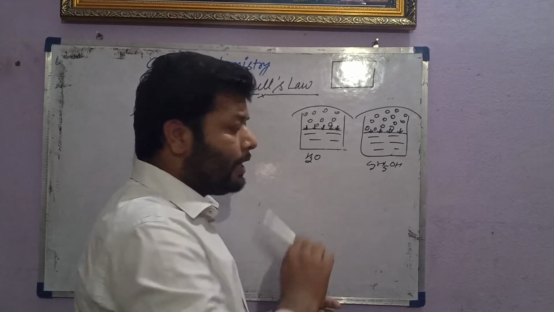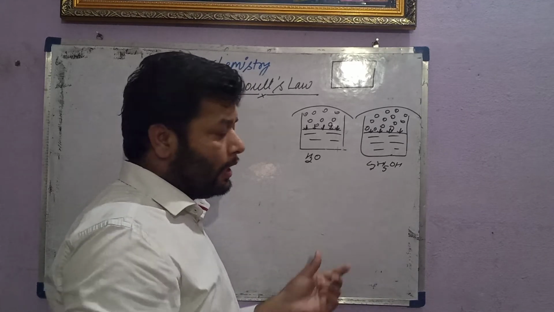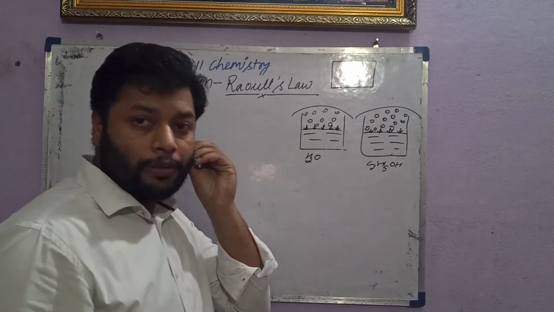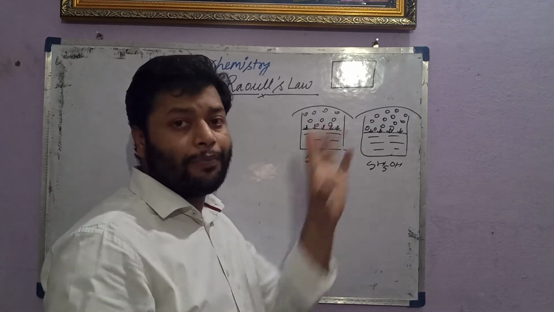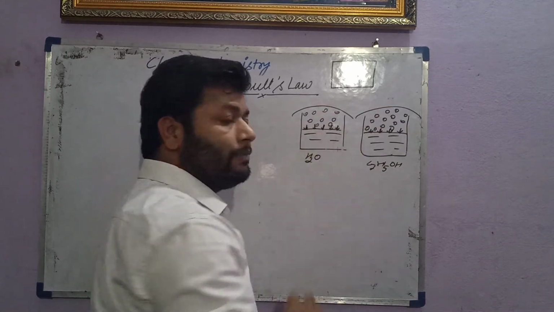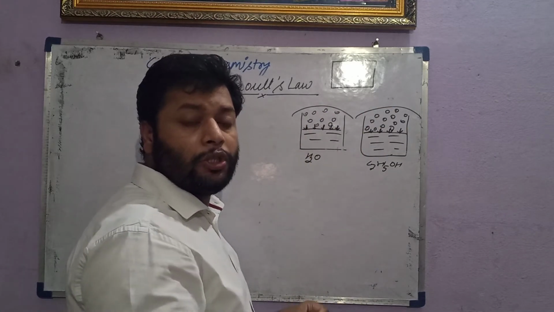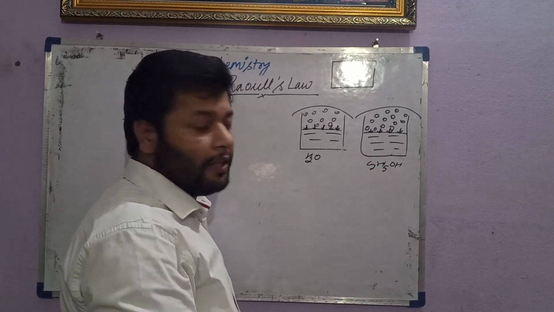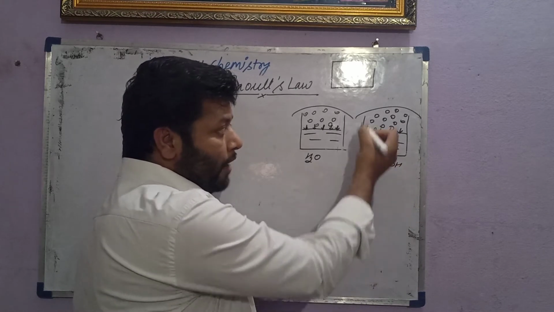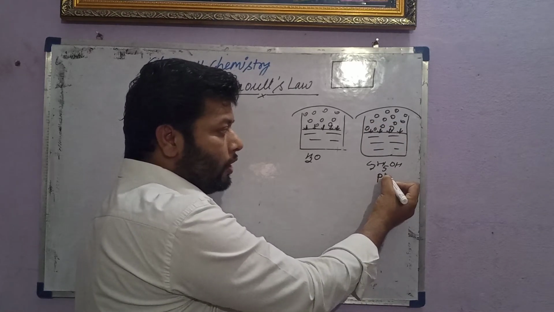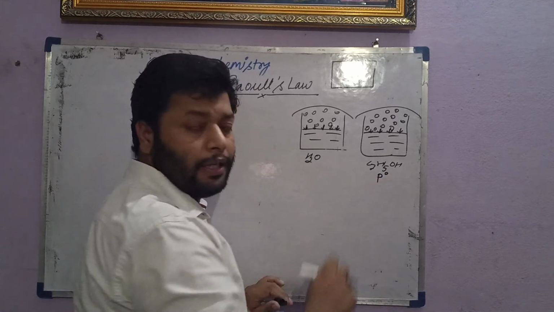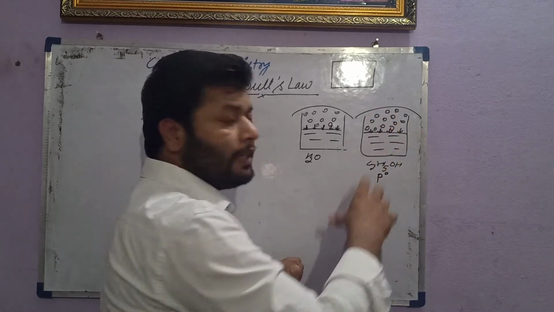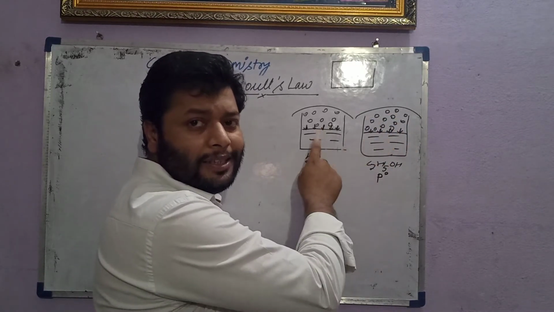So in water and alcohol, we know alcohol evaporates easily, so the vapor molecules will be more in the case of alcohol in the same space at the same temperature, so the pressure exerted by the alcohol molecules will be larger. This vapor pressure I indicate by P naught. The naught indicates here the vapor pressure of a pure liquid. There is no other mixture now. This is pure alcohol, this is pure water.